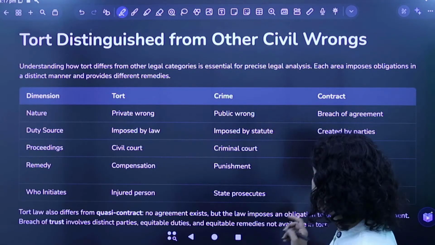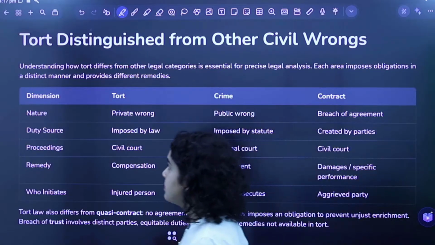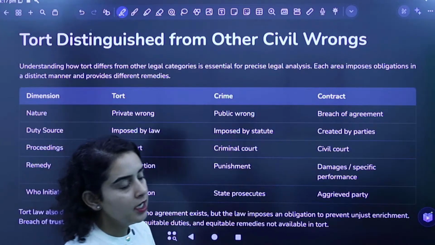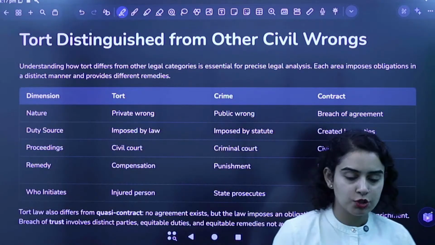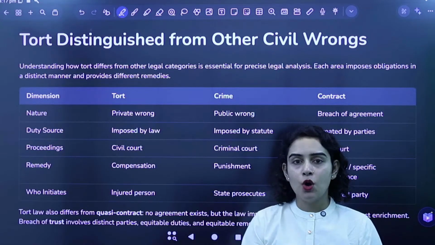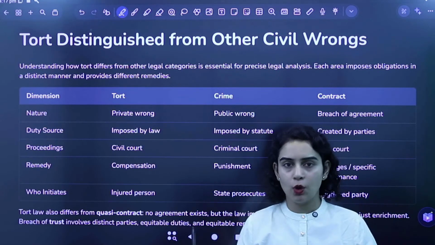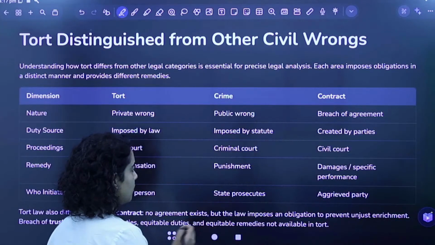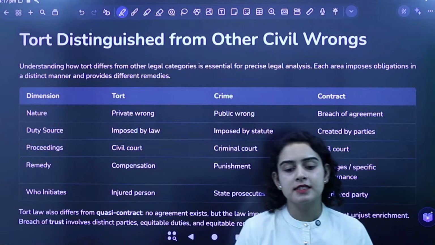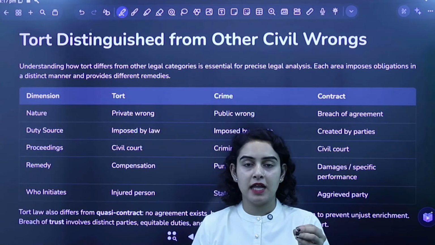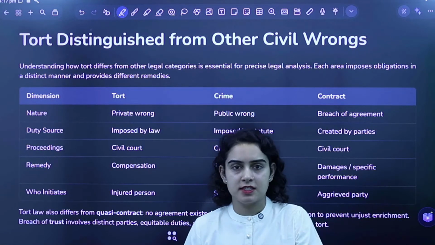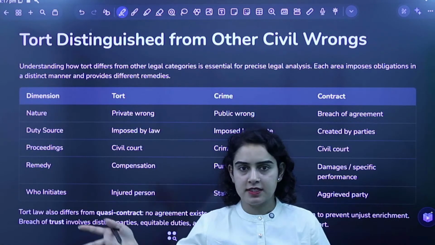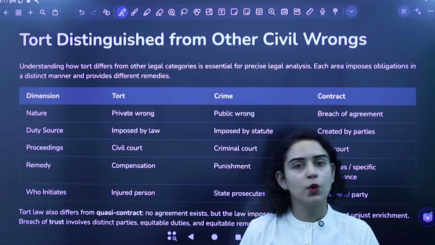Now, let us just quickly understand few differences between law of torts, between torts, crime, and contract. देखो, one thing that should be clear in your head is tort and contract. ये दोनों civil law का part है. अब I'm not sure if you are aware of the same or not, but there are broadly two branches of law: civil and criminal. Right? Civil is when any dispute that is happening between two individuals, A versus B, private persons. ठीक है? राम वर्सेस श्याम, सीता वर्सेस गीता, राइट? इसमें गवर्नमेंट का कोई लेना देना नहीं होता.